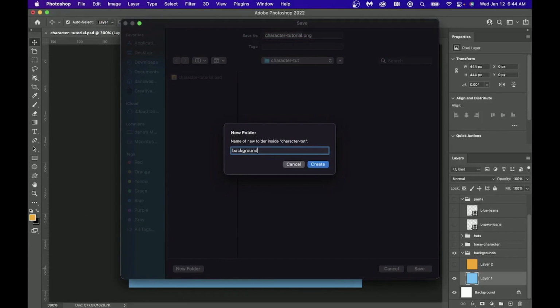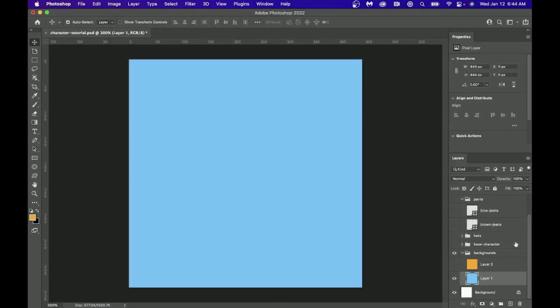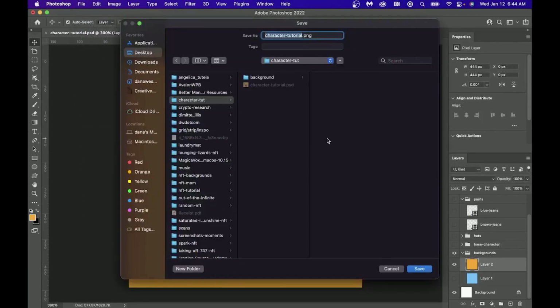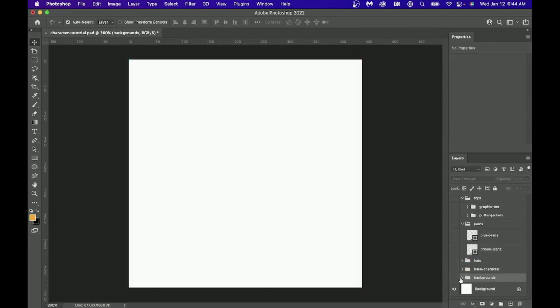So don't always use quick export. It doesn't always work for what you're doing. In this case, because I literally only have this solid orange, it works. But you'll see shortly that once we get to this next aspect, what's important